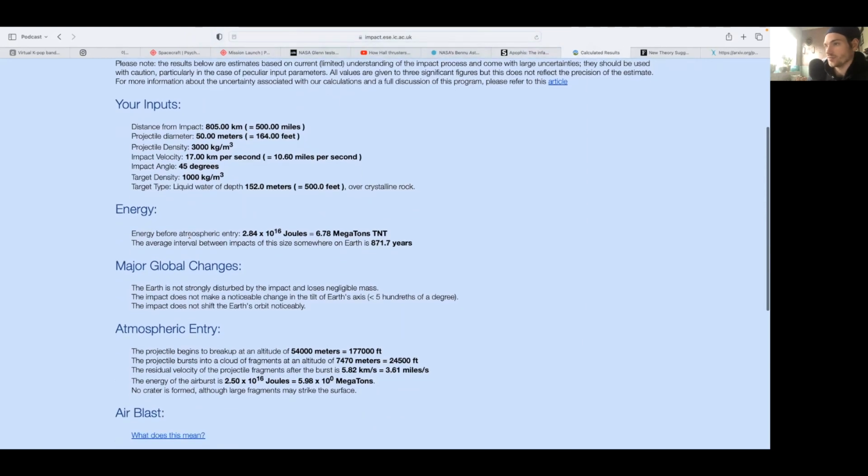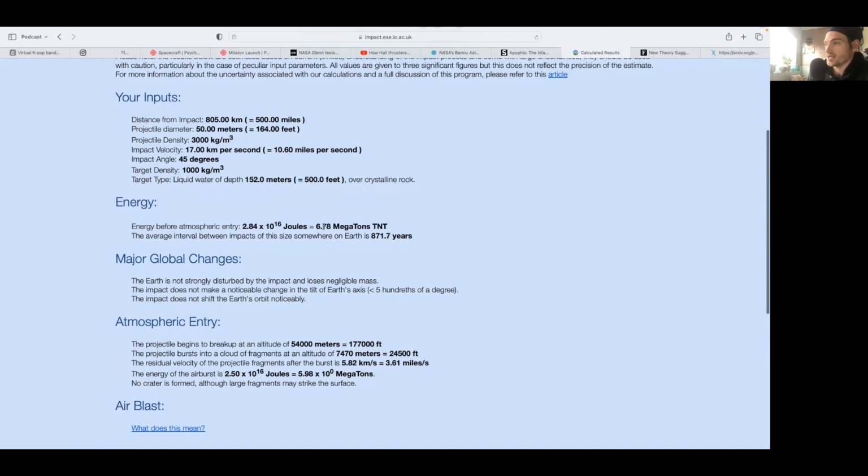All right, energy before atmospheric entry, 6.78 megatons of TNT. The average interval between impacts of this size anywhere on Earth is 871.7 years. So every 871 years, you're going to get at least one asteroid that contains almost 7 megatons of TNT. And I think Hiroshima was 10, maybe 15. So this is pretty